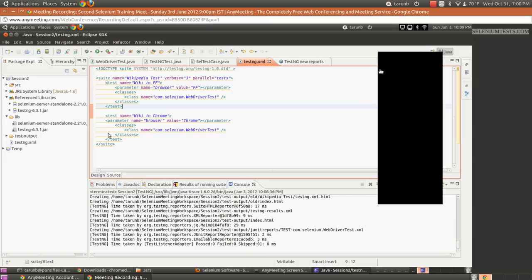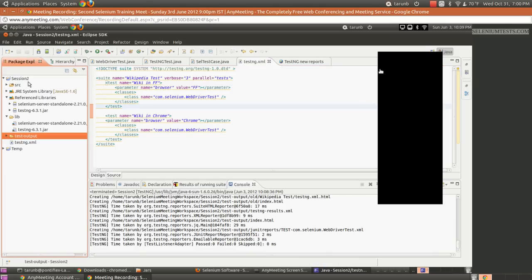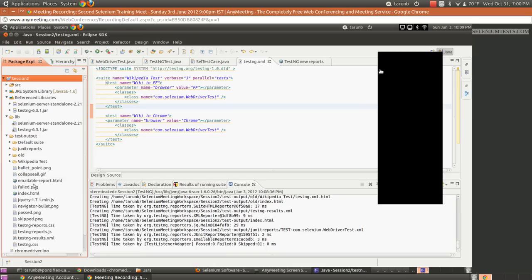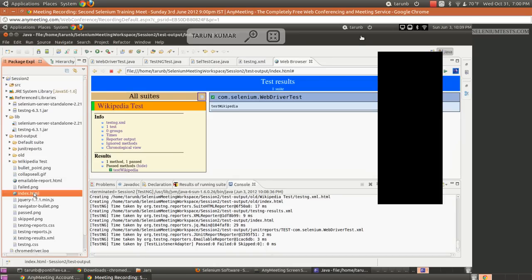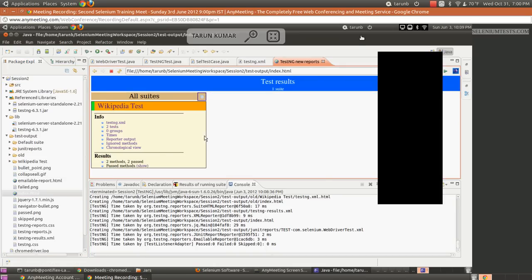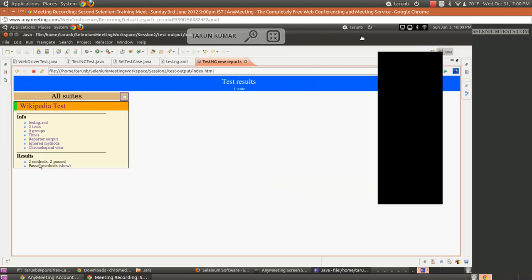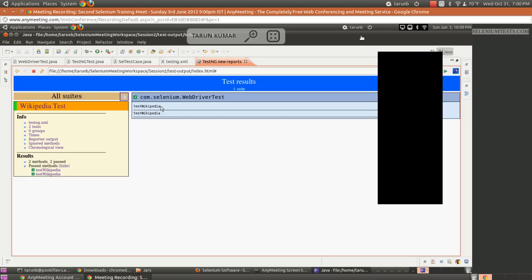Yeah, okay. So if we have a look at our test report at this point, let me just refresh it. Let us see what is there in the test report. Let me maximize it. There are two methods and both are marked as pass. If I say show, okay, so both methods are the same because we were essentially executing the same test. It's only that we executed them in two different browsers.